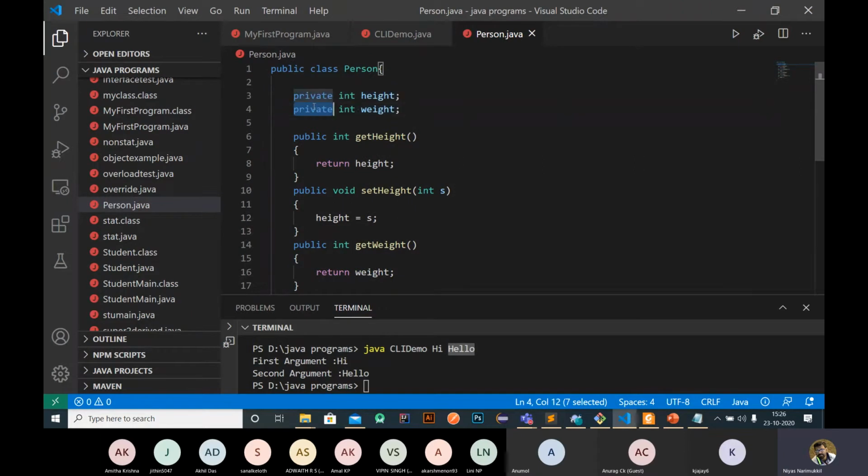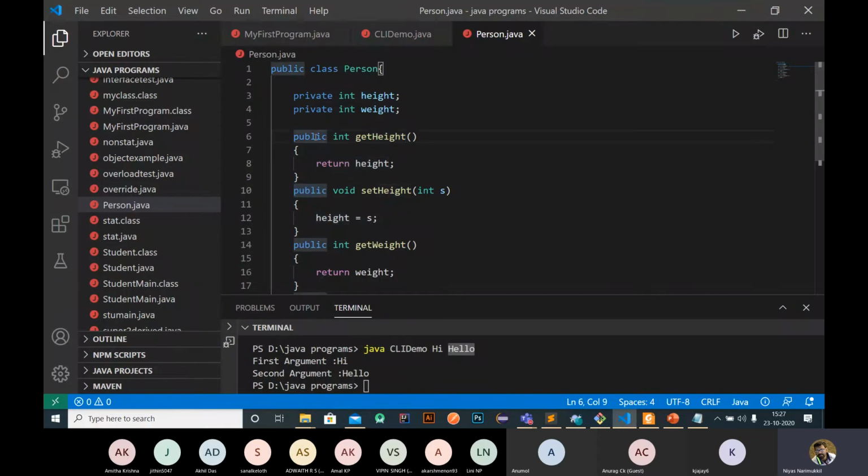Private means objects outside the class can't access these variables. And we created public methods in order to access these variables for doing some operations.